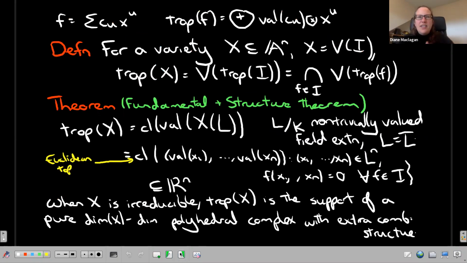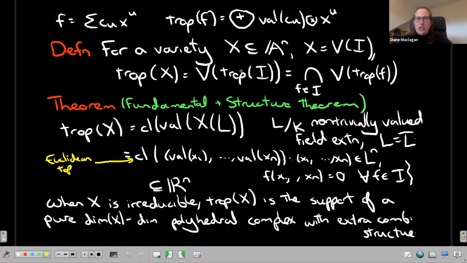So let's get to the punchline of the introduction to the field. What I have told you so far is we can start with usual polynomials and tropicalize them. I'm going to define a tropical variety now. If I have a variety in affine space, that was the common zeros of polynomial equations. So I is an ideal, a collection of polynomials. X is the common zeros of all of those polynomials.